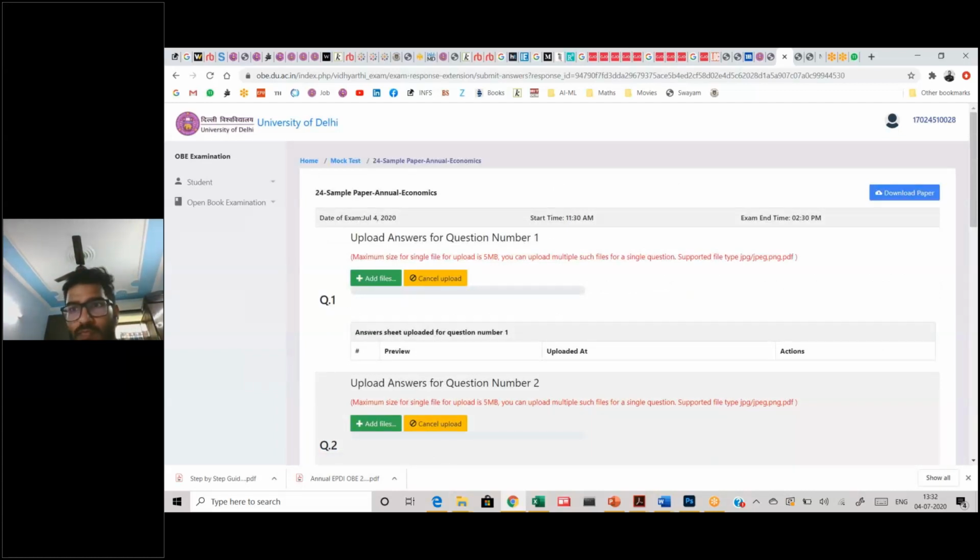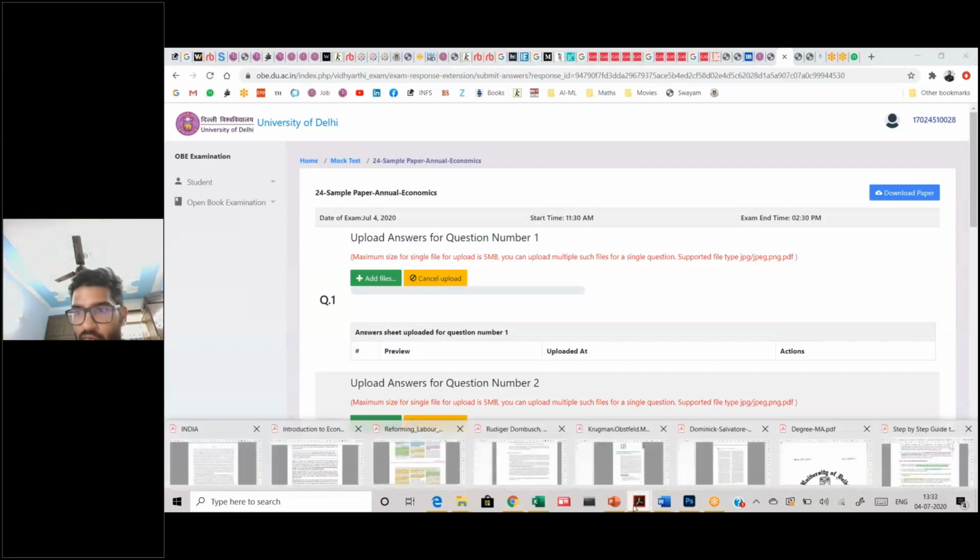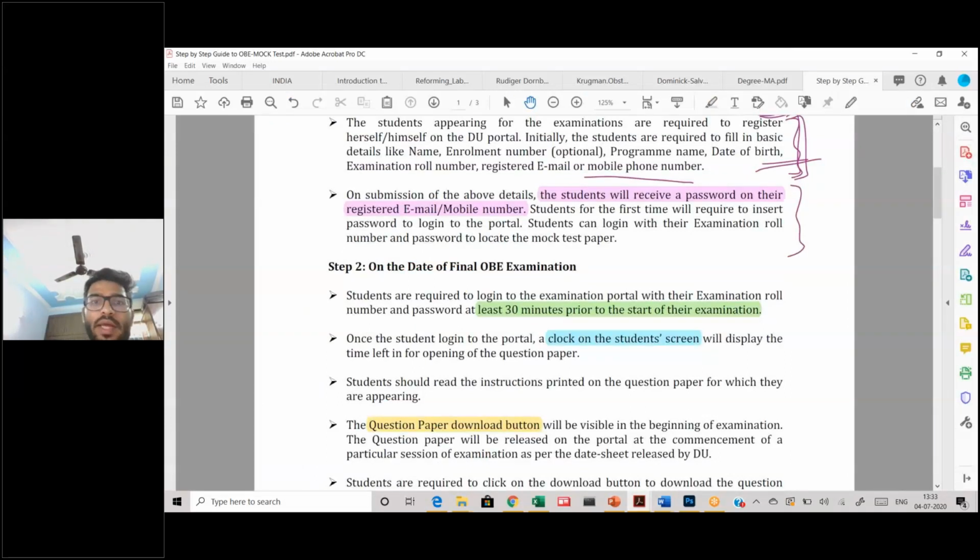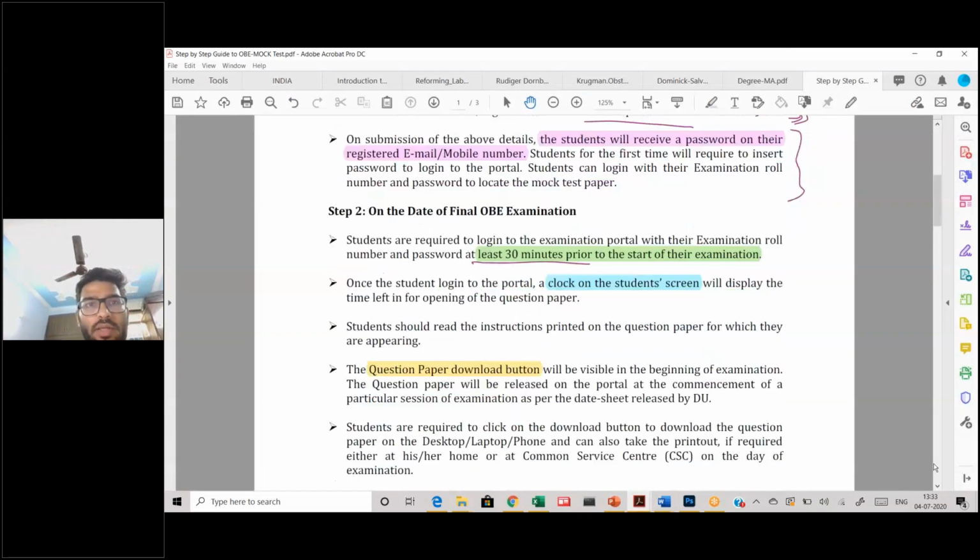Please read the instructions. Now this is the part that I want you to focus on, because there is a lot of questions coming from this part. Now you need to start your paper 30 minutes. Can I make you the presenter? I will, Rashi, just hold on a second. I'll make one by one. If you have any issues, I'll make you the presenter, and then you can show your screen, and we'll try to resolve the problem on this very call as well.